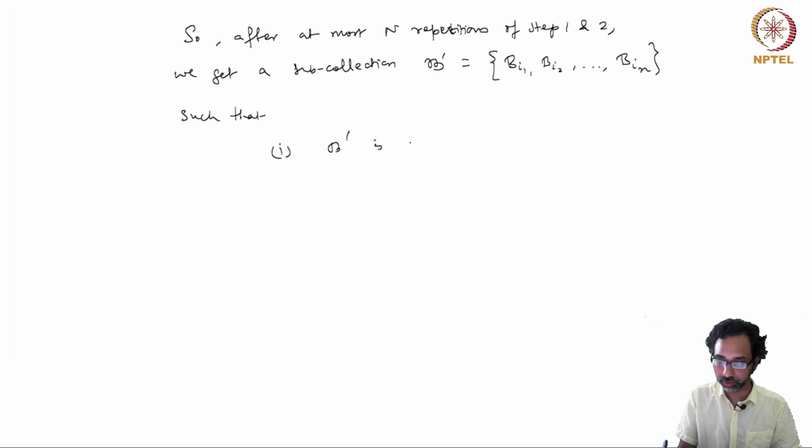B prime is a disjoint collection of open balls,